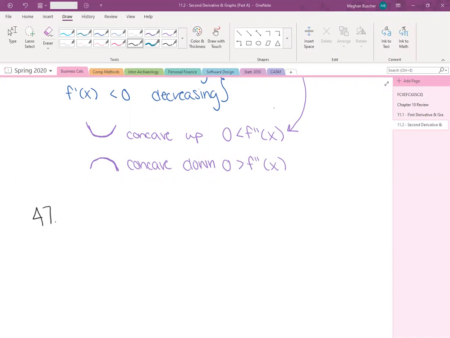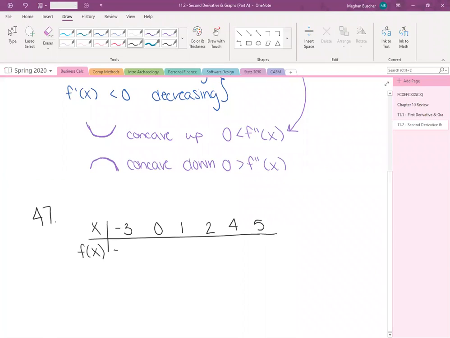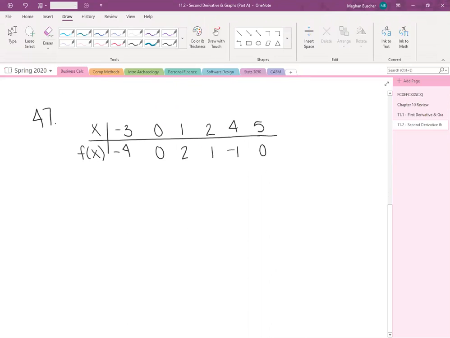Okay, so let's write out this information that we have. So first off, we're just given x and function values. So -3, 0, 1, 2, 4, and 5. Okay, and then corresponding function values for each of those. Okay, awesome. And then we are given information about the first and second derivative in the form of sign charts,